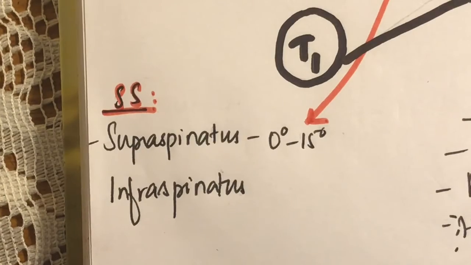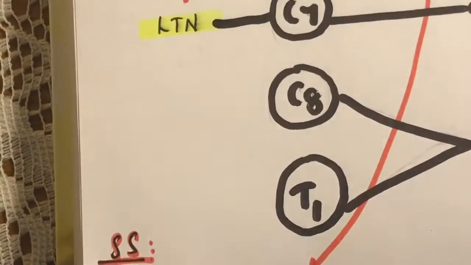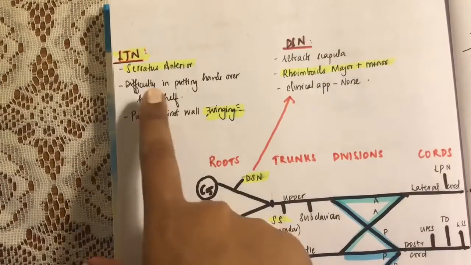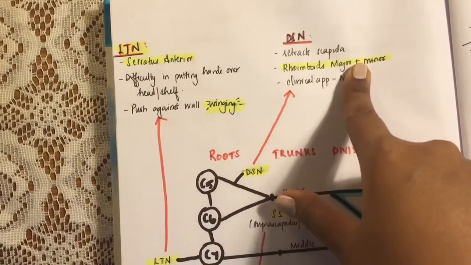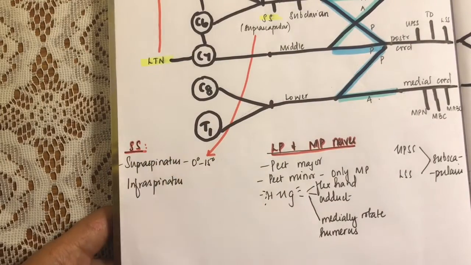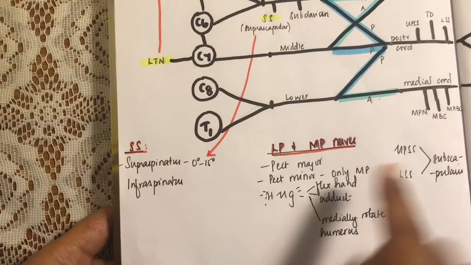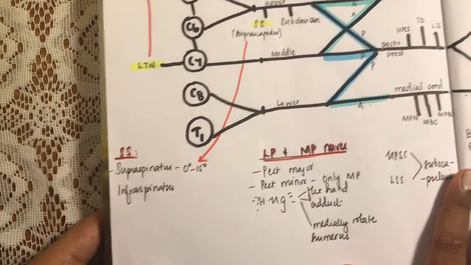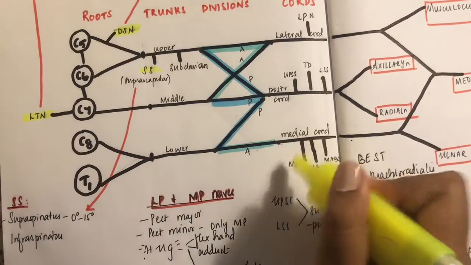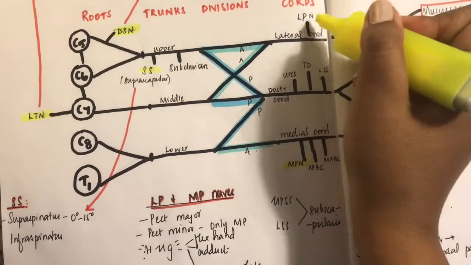Okay, so moving on. We finished our long thoracic nerve, dorsal scapular nerve, and suprascapular nerve. I keep mistaking that. Suprascapular nerve. Okay. Now coming to our lateral pectoral and medial pectoral nerves. They take origin from the lateral and medial cords. About them,